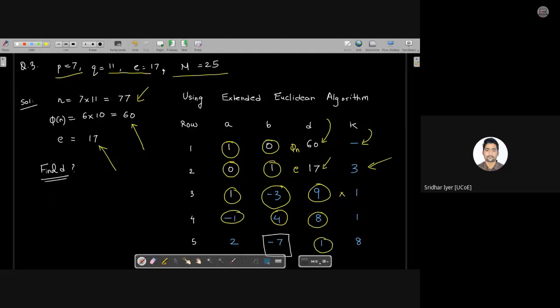So we have to stop at row number 5. So kindly complete this row. That is over here, A5 will be 1 minus minus 1 into 1. So it turns out to be 1 plus 1, that is 2. Similarly, B5 will be minus 3 minus 4 into 1. It turns out to be minus 7. Am I clear? And obviously, this K5 value will be nothing but, you can say that 1 can completely divide 8, obviously. So it is 1 8s are 8, and we will stop over here.